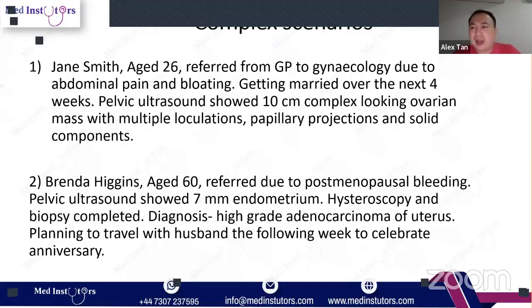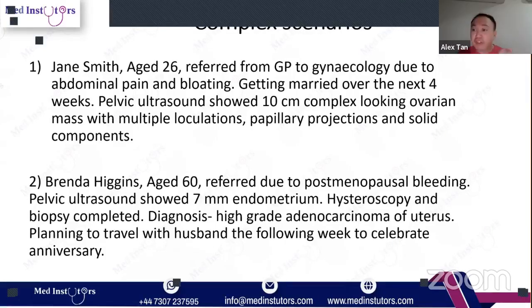Okay, I'll give you a good okay for that, but it can be better. It's a lot of talking for the same thing. Just say that we scanned your ovaries, the two organs in your pelvis that produce eggs every month. In your case, the left or right ovary looks suspicious. It has abnormal features and has grown to the size of 10 centimeters, about 10 fingers. This is not normal. See how I explain it. You are not wrong. In real life, that's absolutely fine.